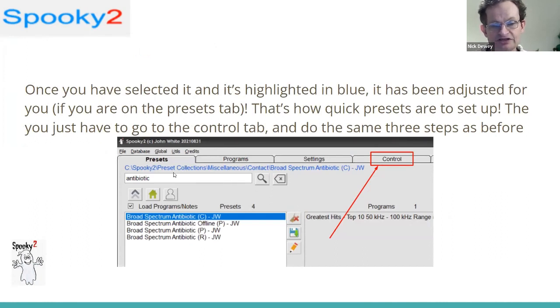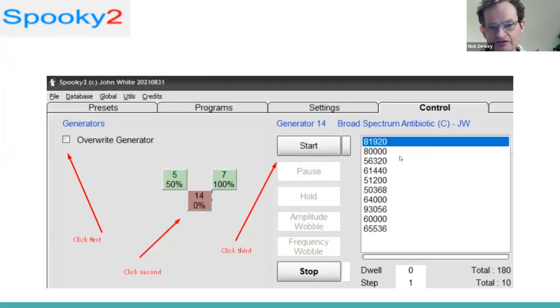Now, if we're in the presets tab, once you have selected it and it's highlighted in blue, the settings page has been adjusted for you. All right, that's for the presets tab. Once it's highlighted in blue, it's already set up for you. So then just snip straight to the control tab. No need to do programs, no need to do settings, straight to the control tab,